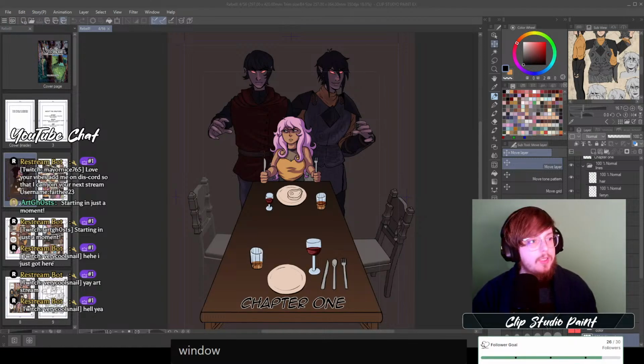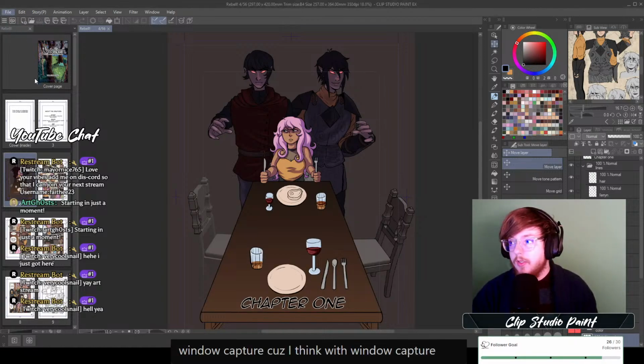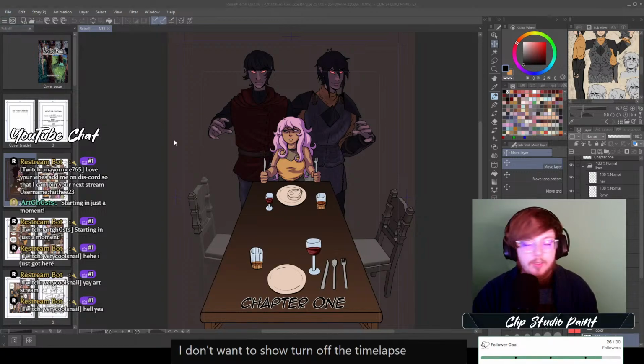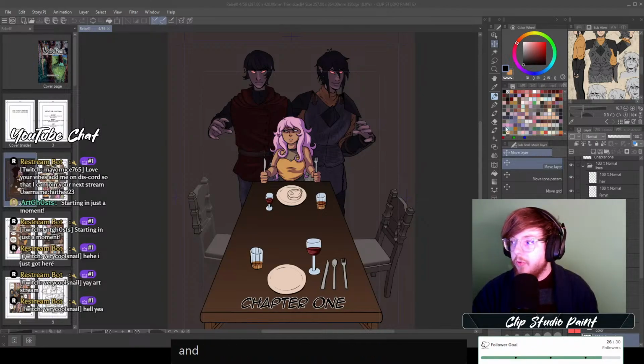Window capture, because I think with window capture... Nope, you still can't see it. So I wanted to show the... Oh no, I don't want to turn off the time-lapse. I was going to export the time-lapse, but I don't want to do that right now. Anyway,